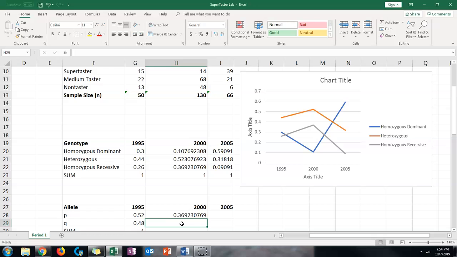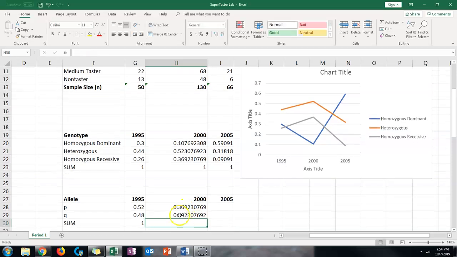Then I'm going to do it one more time here. So that will equal parentheses 68 plus 48 divided by 130. Then if I equal sum,